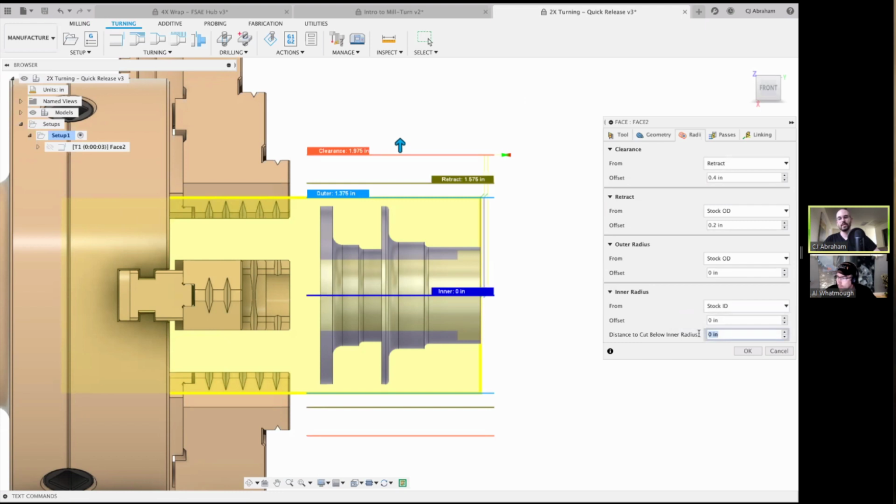Yeah, okay. So this is another feature that has been requested for a long time and we finally got it in a while back. But when you are facing the front of a part when you're turning, inserts have a corner radius on them, and if you just go up to 0 on the x-axis, it'll leave just the tip of that corner radius in there where it's spinning around the axis. So you can specify an additional distance so that the tool will go past center and make a completely flat front. And this is a good place to use an expression,